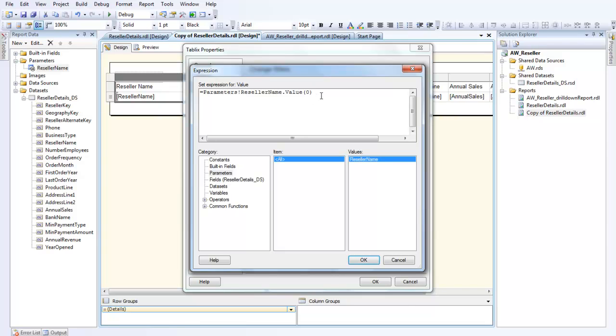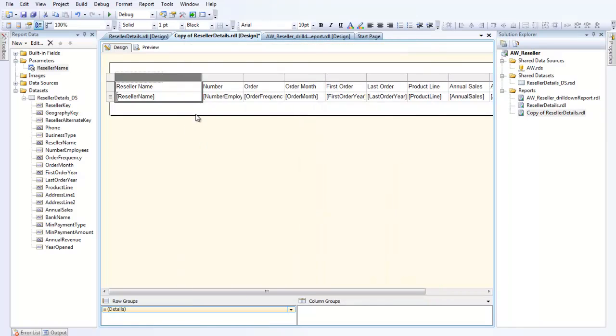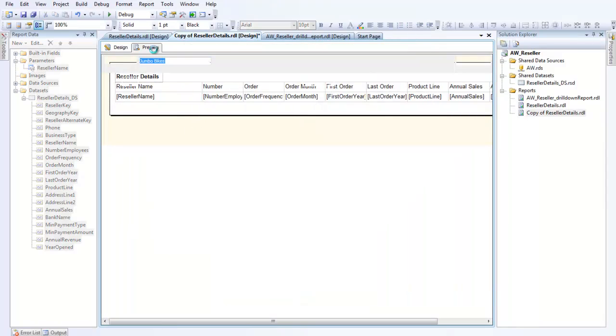In this case, because this is a multi-valued parameter, I don't want this 0 in the brackets. I'll just remove that one and double click on the value, and that will give only that particular part. So click on OK, click OK, and now if we go to preview,